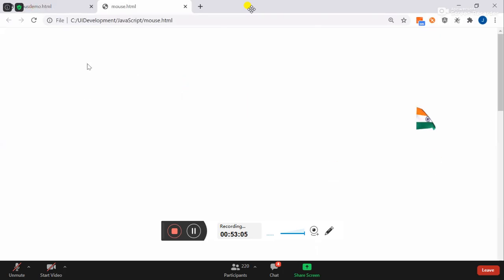That means the flag position is along with the image position, along with the mouse position. You are moving the mouse pointer and you can see the flag is moving along with it, right? That means the position of the mouse is updated to the image,